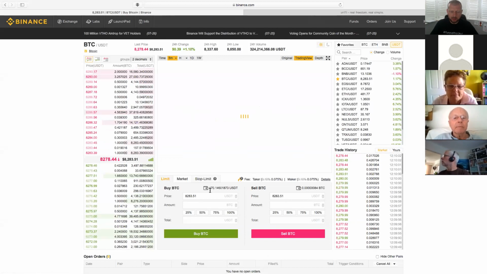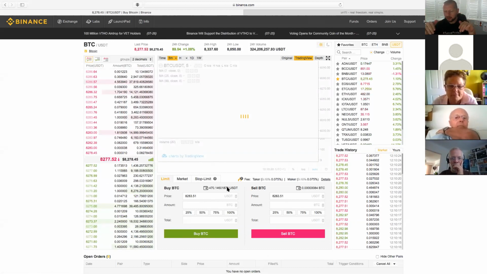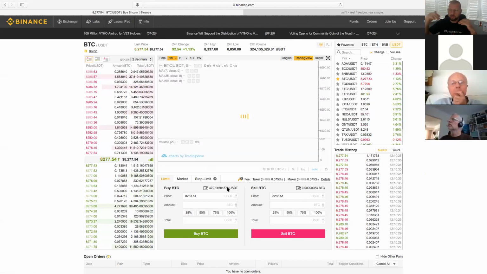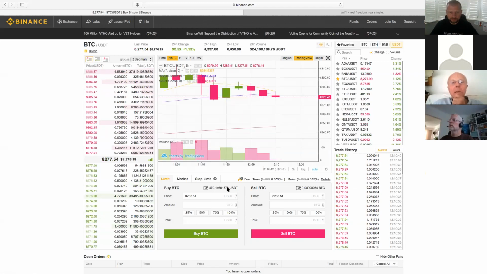And I am in US dollars. So there's my US dollars there. But as we've seen, there's every possibility that the trade could go up as well. So we had that resistance line and it was bouncing along it. It's not confirmed that the price is going to go up rather than down. So what we need to do is hedge against that. We need to protect ourselves to make sure that in the event that the Bitcoin does go up in value, we're in Bitcoin. So what we need to do is put,